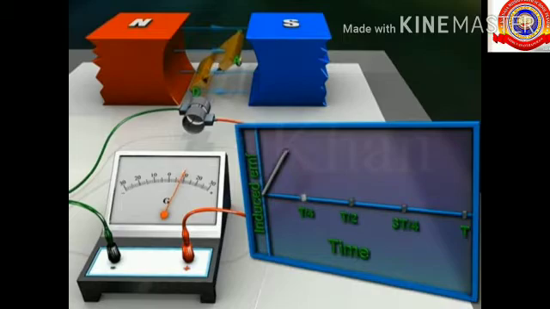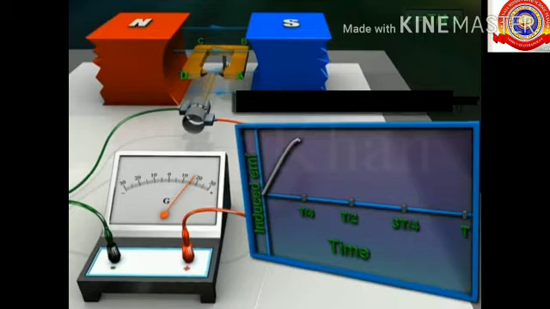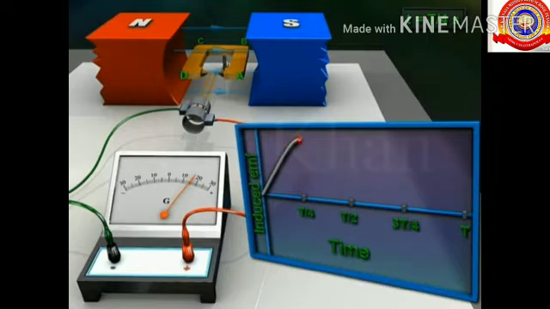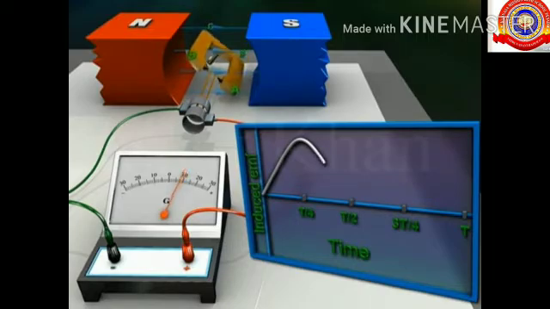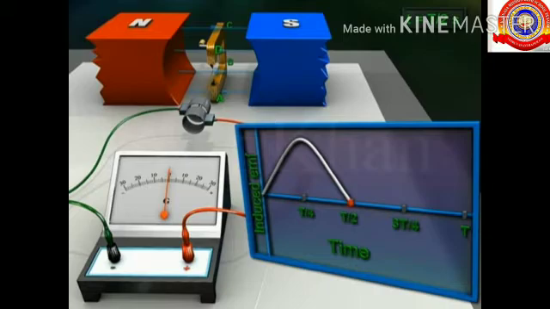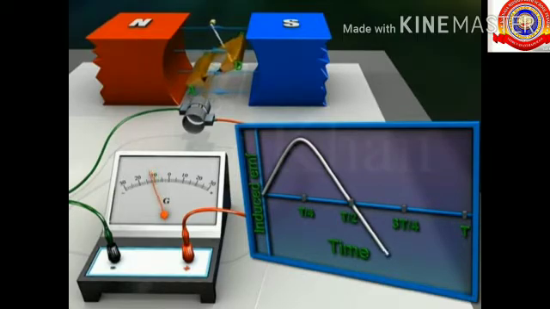Here you can see the graph of the EMF produced by the coil. And this graph shows the various stages of rotation of an armature coil while completing one rotation. In the graph, you can see the point T by 4, that is the position 90 degrees. The graph starts from 0 degrees and it reaches 90 degrees. And according to the rotation of the armature, it reaches T by 2, that is 180 degrees. Here it completes the 1/2 rotation.